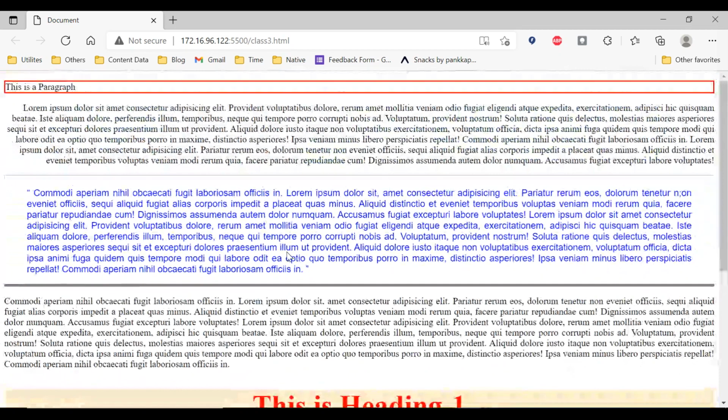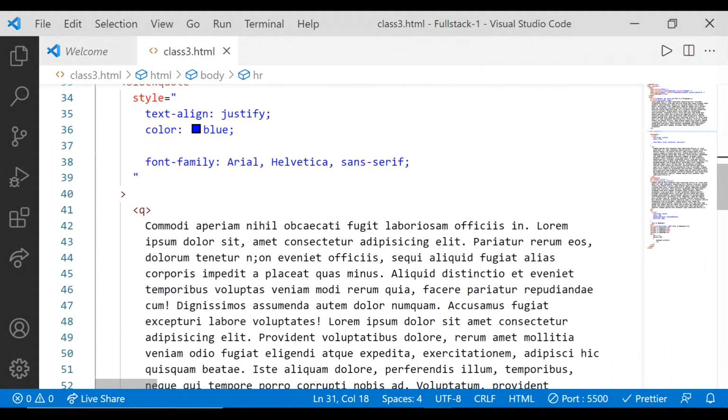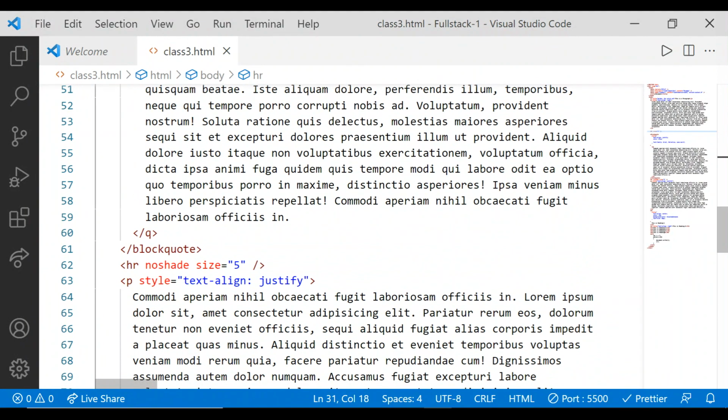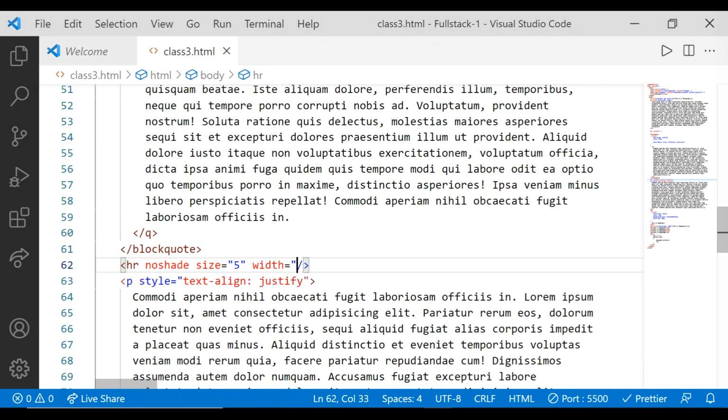So this is our HR tag, and let me add one more attribute, called width. Let me apply the width in the second HR. Width specifies the length of the HR. By default the length is 100% wide, but you can also control the length by giving 50%.